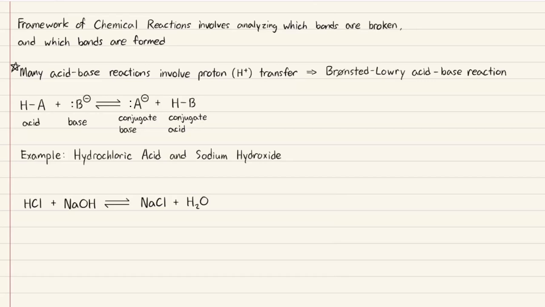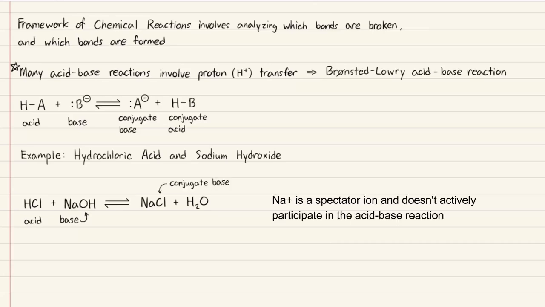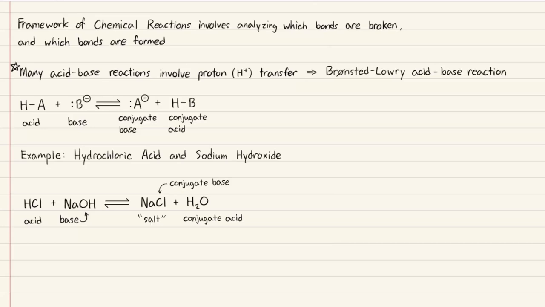In any acid-base reaction, it's important to identify the 4 key actors: the acid, base, conjugate base, and conjugate acid. In this reaction, HCl is the proton donor, the Brønsted-Lowry acid, and hydroxide OH- is the proton acceptor, the Brønsted-Lowry base. The resulting conjugate base is Cl-, and the conjugate acid is H2O. Additionally, we get a salt as the sodium ion Na+ and chloride ion Cl- form an ionic interaction to create